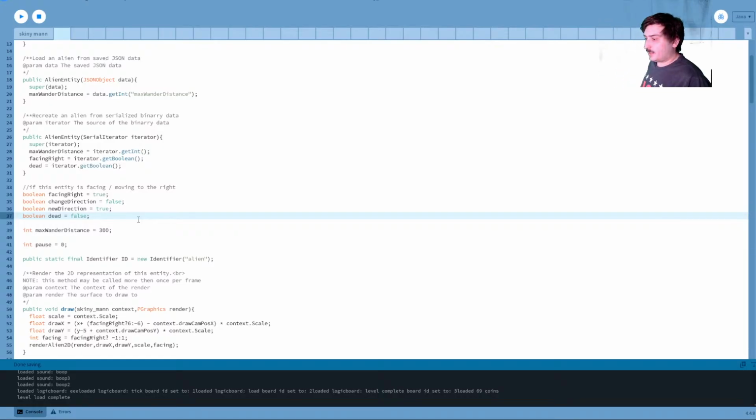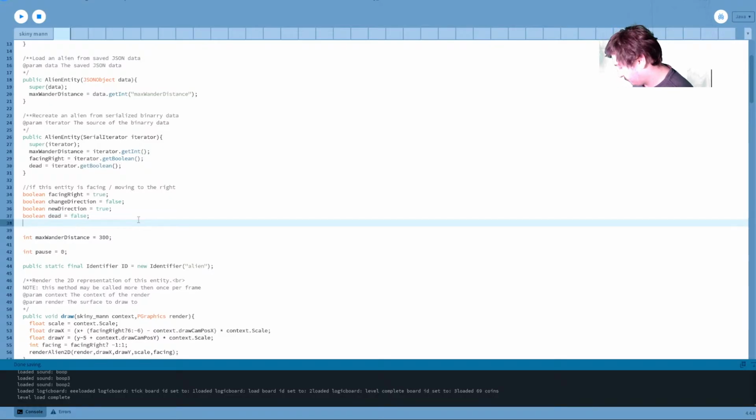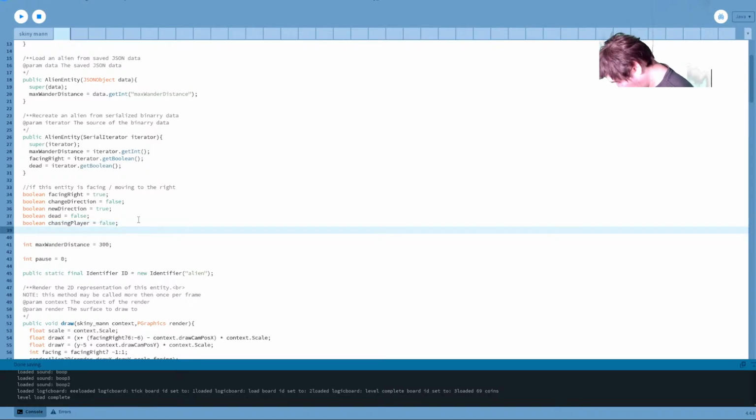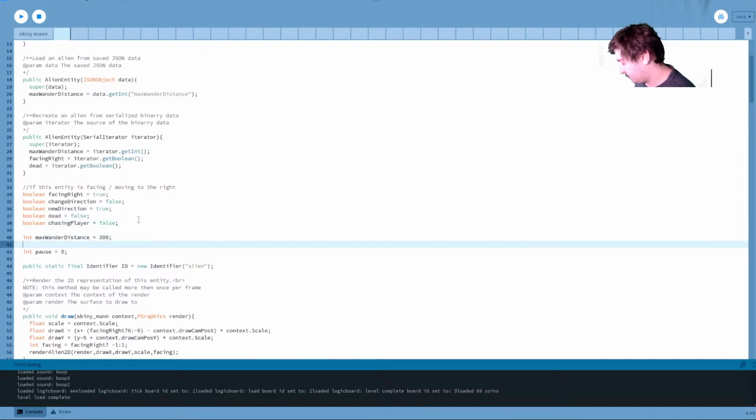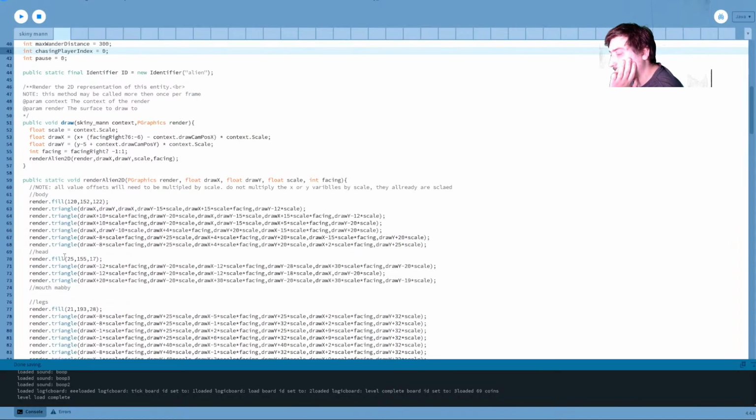We find a boolean, chasing player, false. And we're going to have an int here, player index. Just gonna set that to 0 for now. That will get updated.